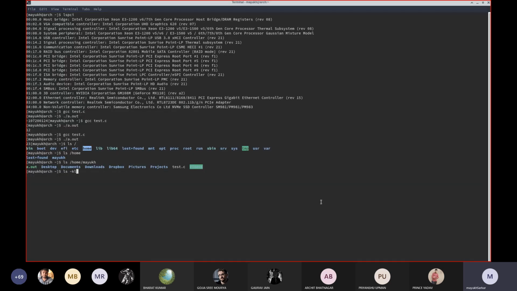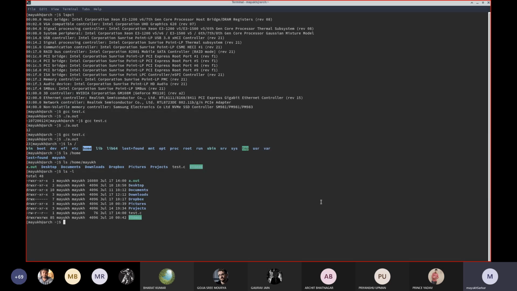If you do an ls -l, you will see that every directory takes only 4096 bytes. So it is only 8 sectors. Obviously, it depends upon the number of contents there are. Whereas test.c is a very small file. It resides within a single sector, only 76 bytes.